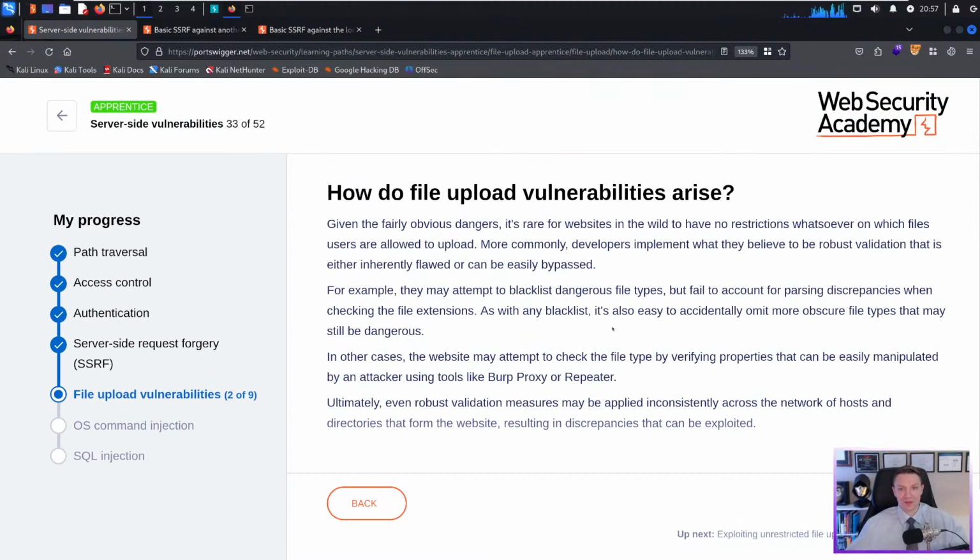How do file upload vulnerabilities arise? Given the fairly obvious dangers, it's rare for websites in the wild to have no restrictions whatsoever on which files users are allowed to upload. More commonly, developers implement what they believe to be a robust validation that is either inherently flawed or can be